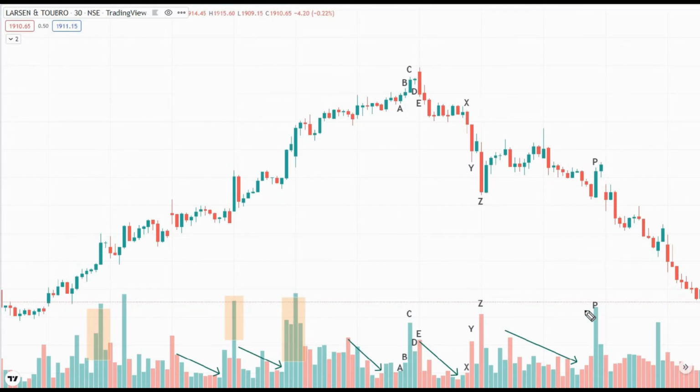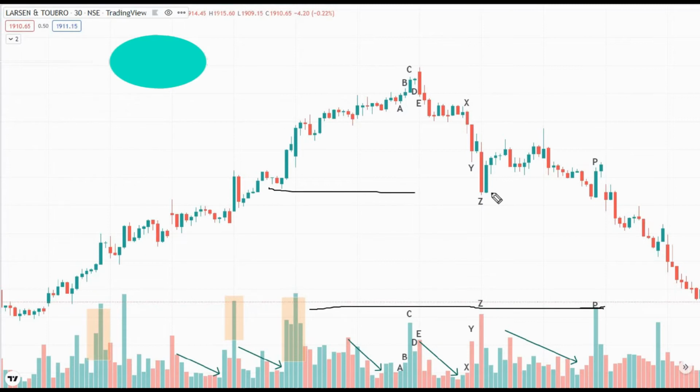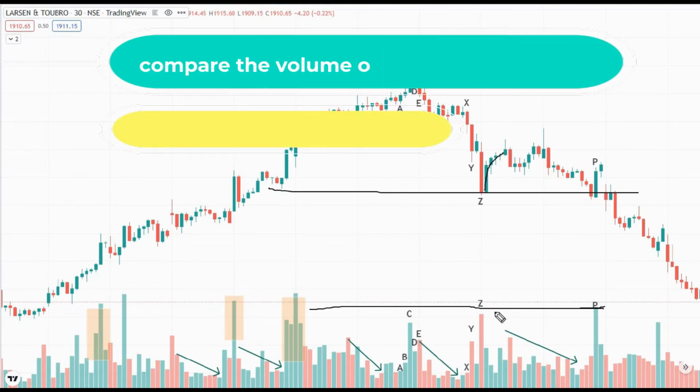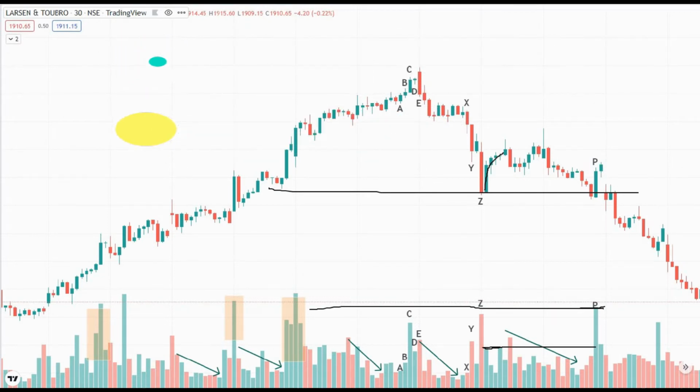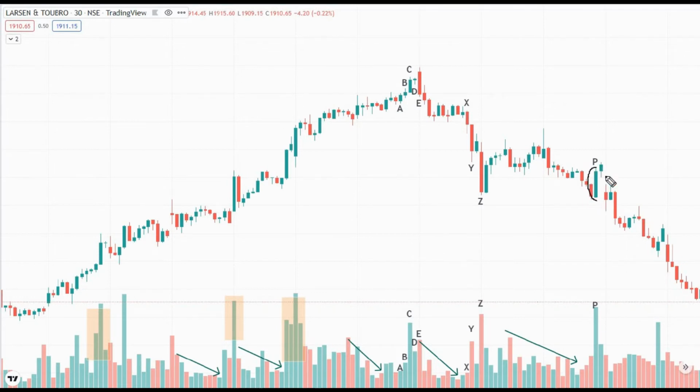But now what happened? See the volume. This is very huge volume. Earlier when buyers pushed the prices from this support zone, see the volume. The volume was of this much size, but now the volumes have doubled. So what is this indicating? But the spread is the same. See these two candles, they formed at the same location. After this huge sell off, buyers tried to push the prices towards the upside with